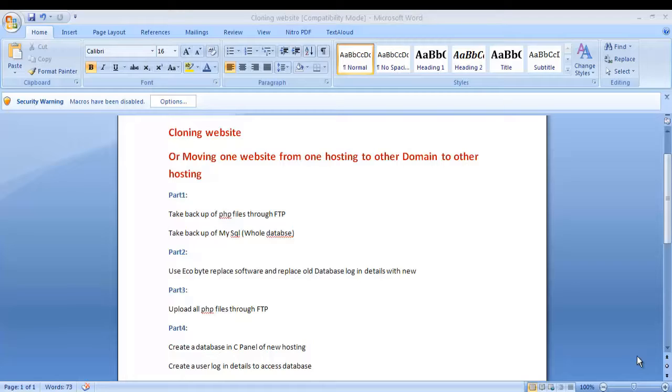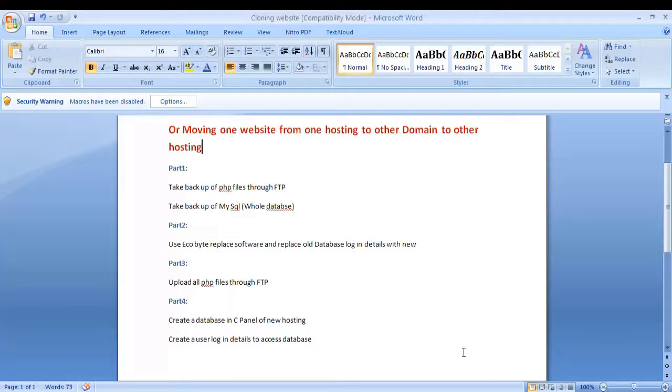Part 2. Use some software like EchoByte Replace and replace the old database name, username and password in the PHP files. Next, upload all PHP files to your new website through FTP. The last step involved is to create a database in your new hosting and upload the backup after changing the login